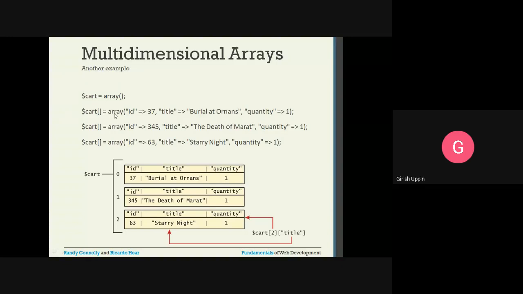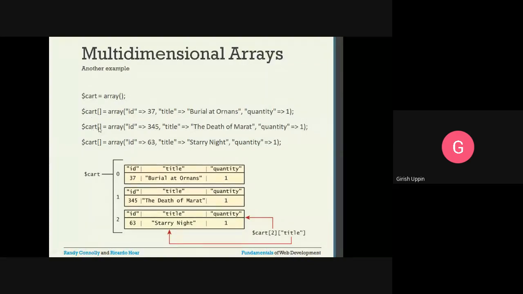At the 0th location, it is going to put another array, which has three key-value pairs. The first key is ID and its value is 37. The second key is title and its value is this text. The third key is quantity and its value is 1. This complete array is stored at the 0th location of the cart array.